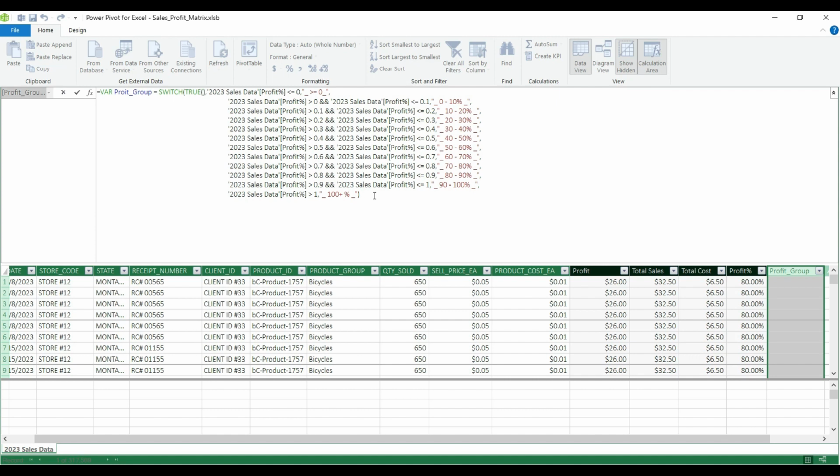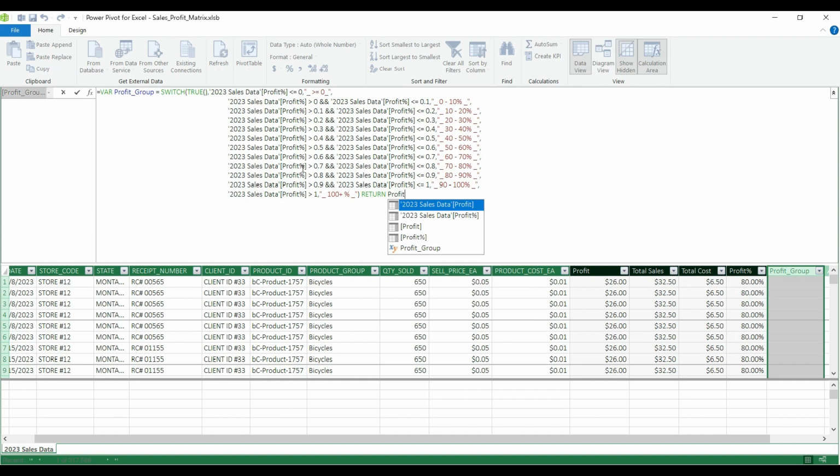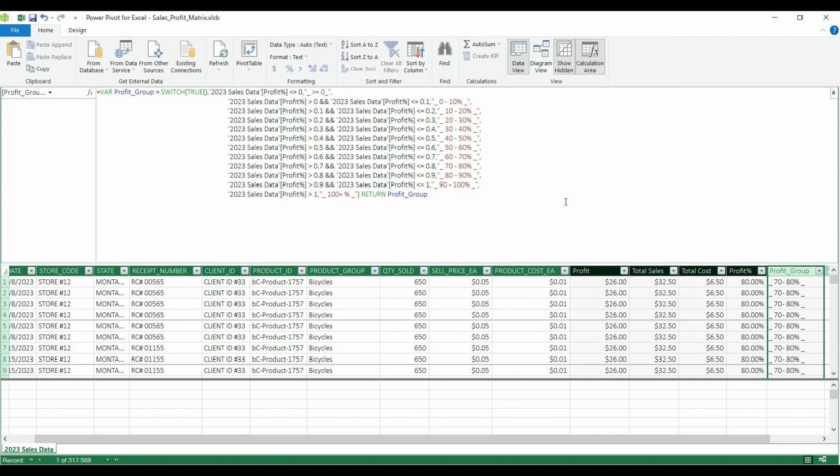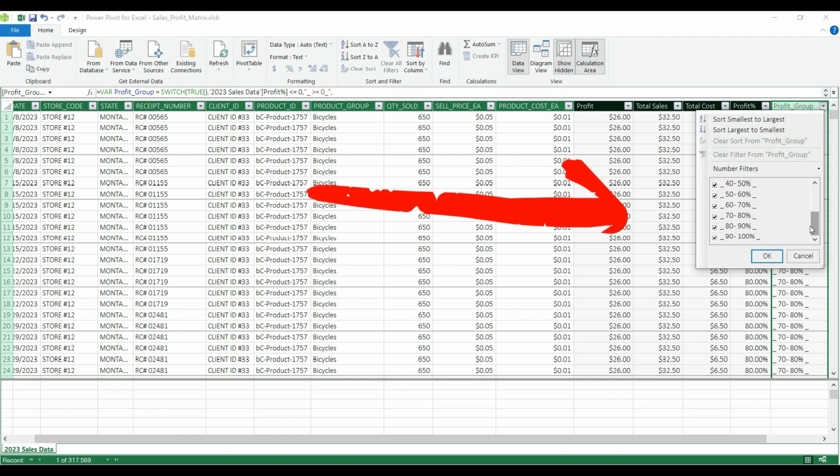So if my statement is done, the last thing I need to do is to get the value back, and in DAX you will say RETURN, and that's the value of the variable. So I'm going to start typing the name of the variable that I have predefined, and the DAX will automatically list out all the options. So I'm going to select the variable I need, hit enter, and let the DAX make the magic for me. I'm going to close the formula bar, and as you see, the DAX grouped my values.